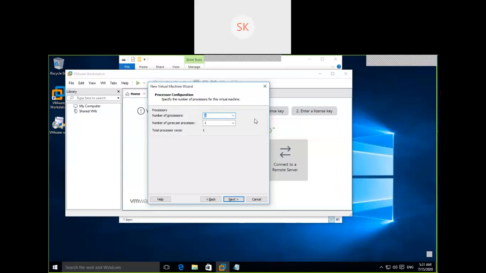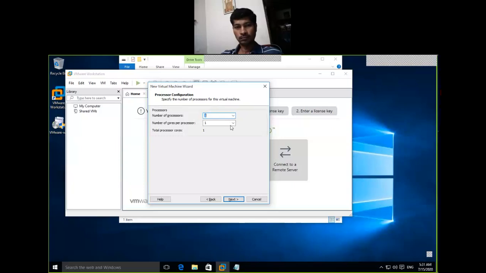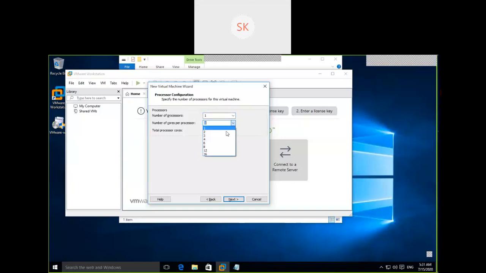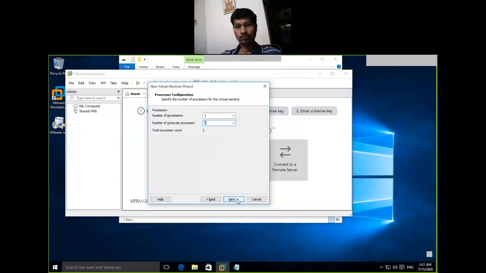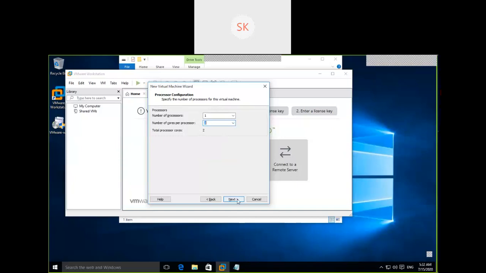So here one processor and selecting two cores per processor. Select 2 as the number of cores. Total 2 CPUs I'm assigning to this particular system. Okay, so total processor cores 2, logical processors 2. Okay, next.